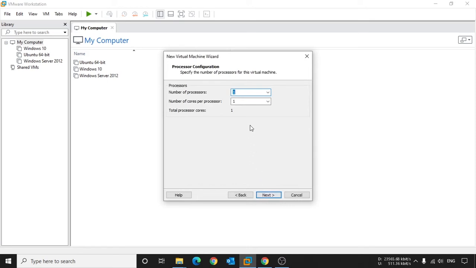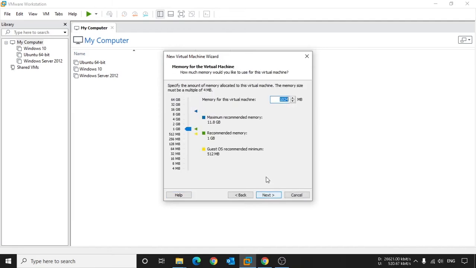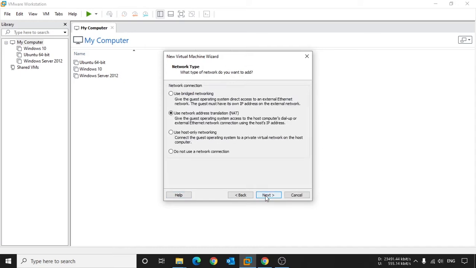Once I click the Next button, it asks for the processor required for the CentOS installation. I have selected 2 cores here. You can set it as per your configuration and click Next. The default memory for CentOS is 1 GB, but I increased the RAM to 4 GB, and click Next.